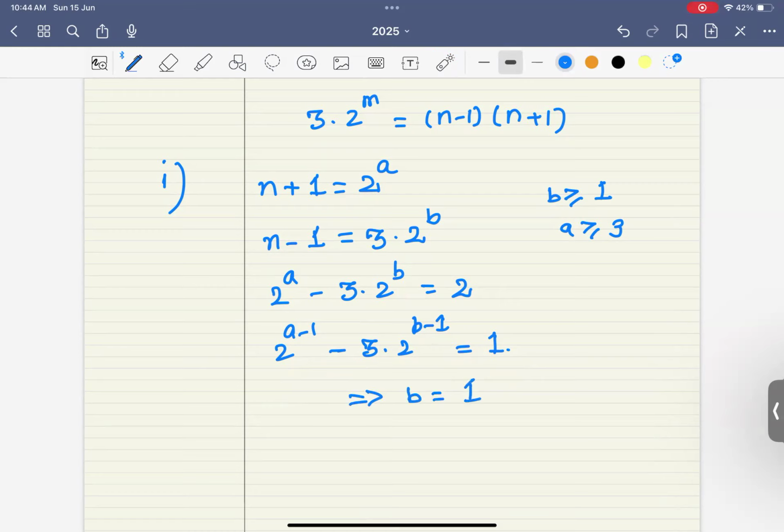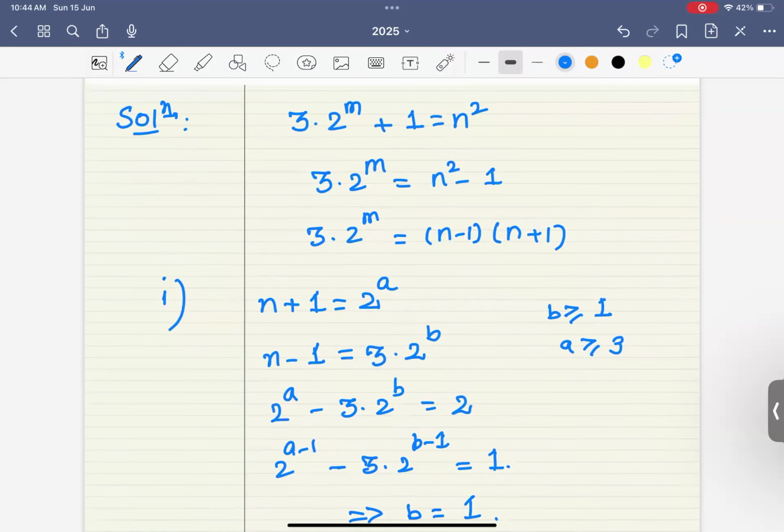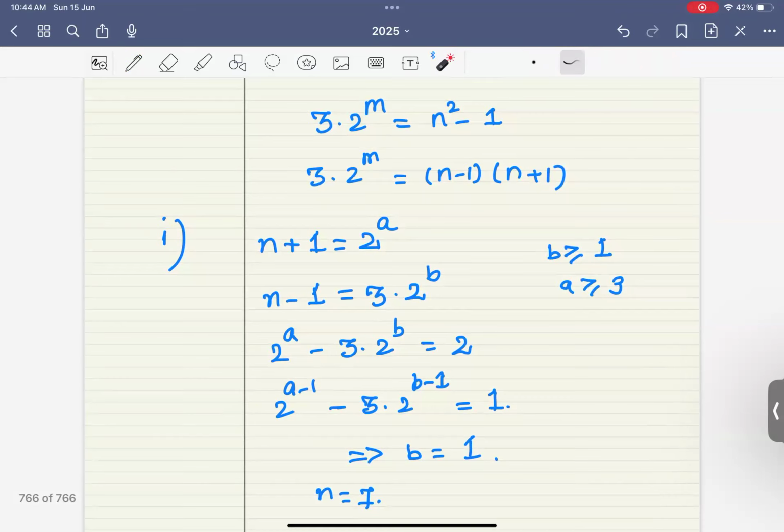Right? So b must be 1. Well, if b is 1, then you can sort of figure out yourself that if you were to put b as 1, you'll get n as 6 plus 1, which is 7. Right? And if you were to put n as 7, you get this as